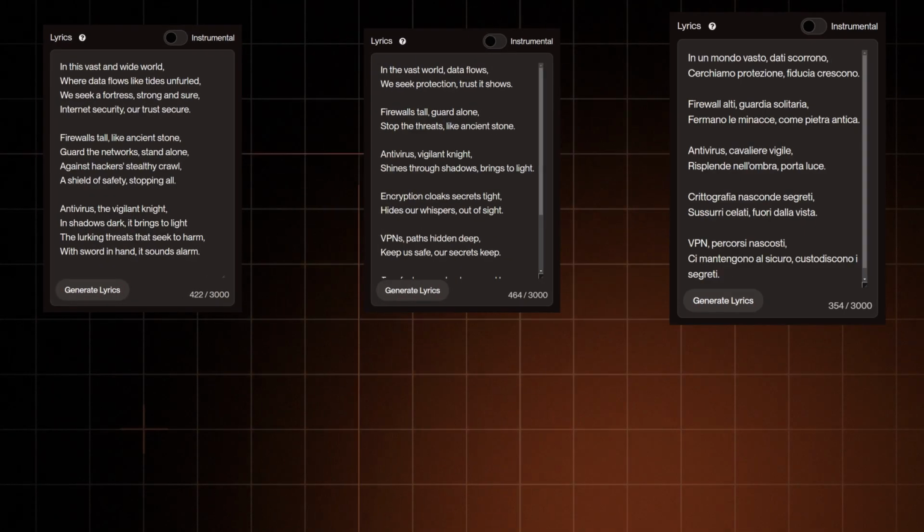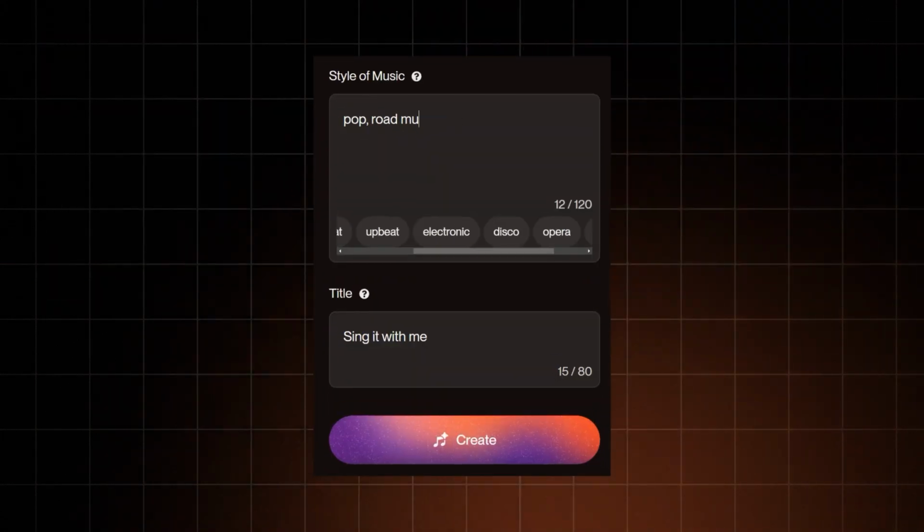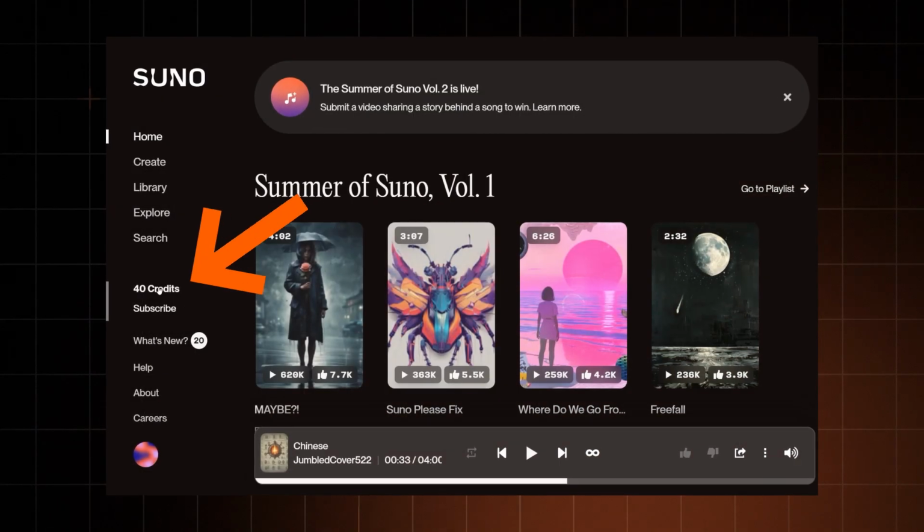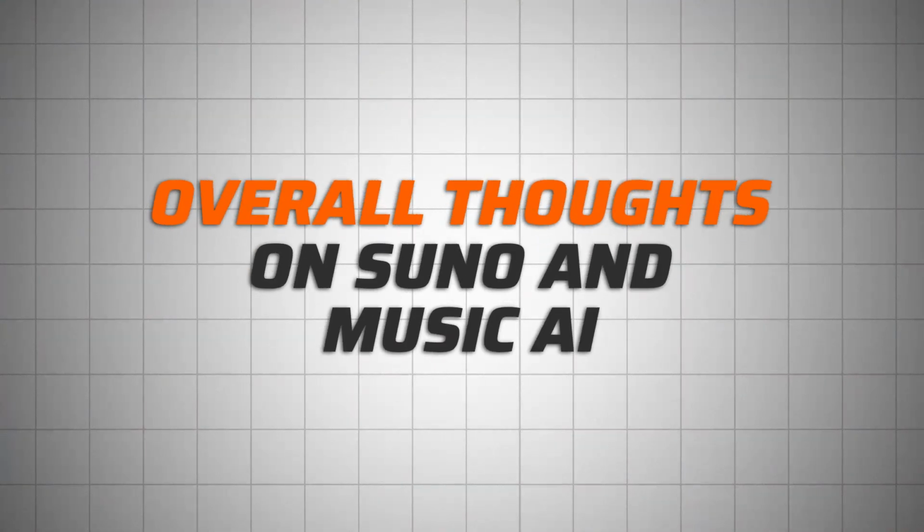But keep in mind that to achieve this, I did a lot of variations and generally messing around. And I was able to do it because Suno gives you daily free credits, and those bad boys stack up. So if you don't create anything for a week or so, you can come back churning out a few albums at the same time. If I have to give you my overall opinion of Suno and Music AI in general,